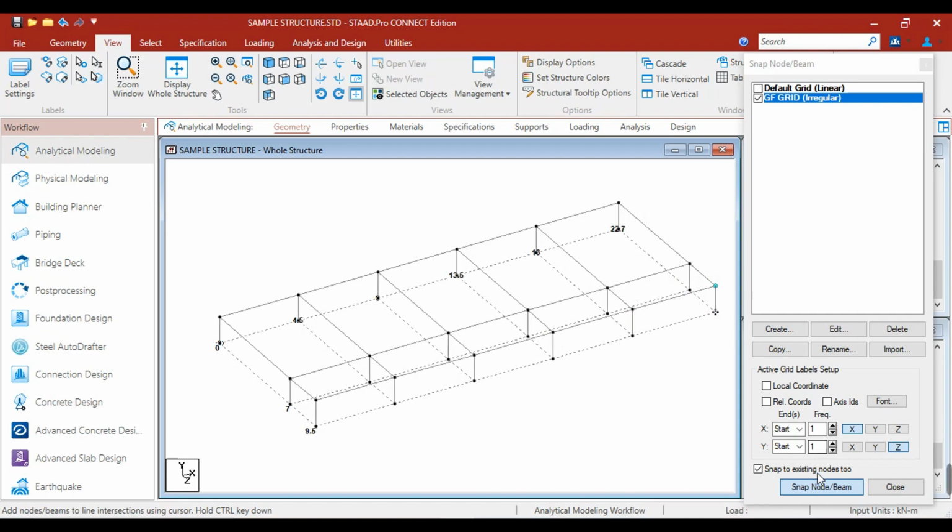Again, you may click the snap node or beam to stop.